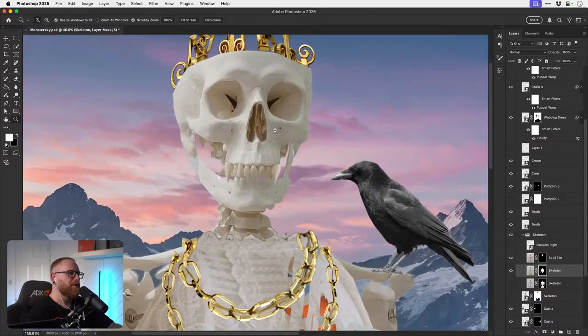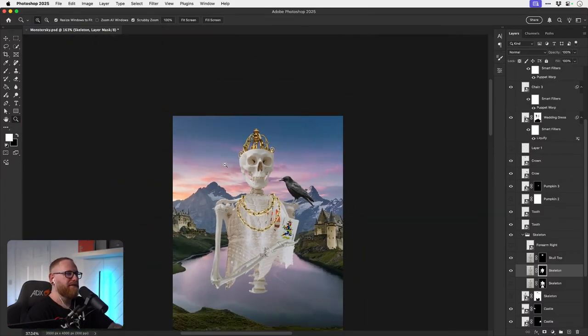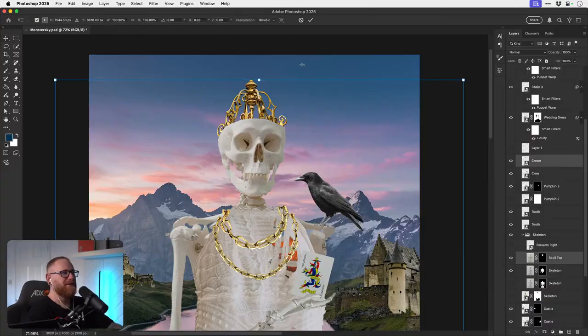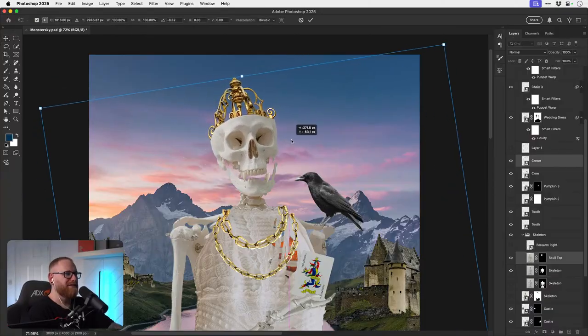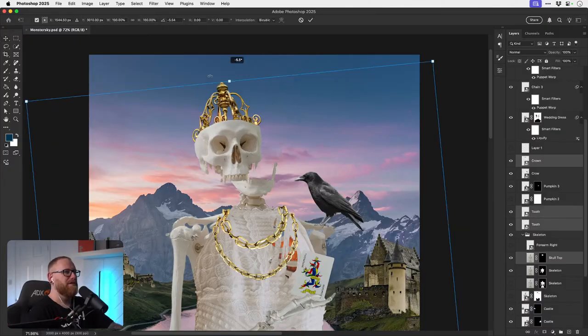Oh, that could be cool. And then have gaps through there so you can see, and then no bottom teeth. That does look kind of cool. We could even tilt. Grab the teeth as well.